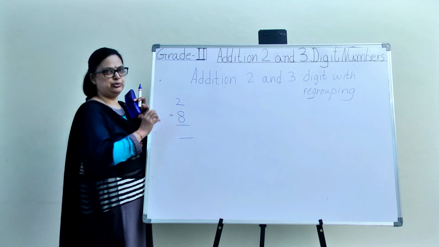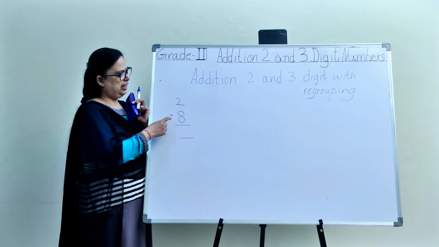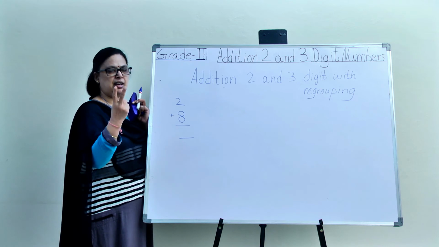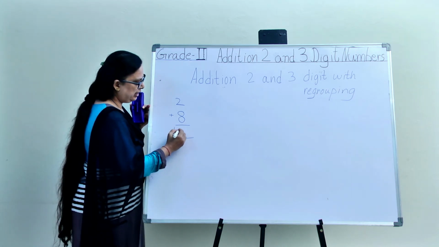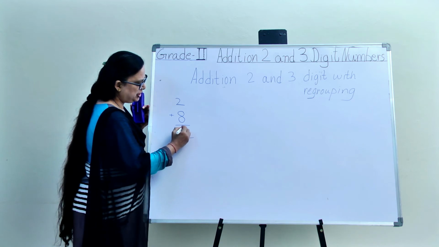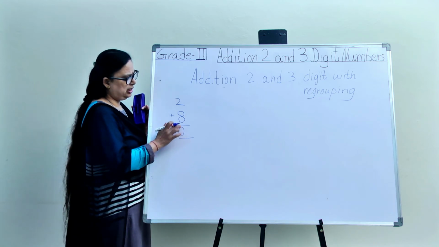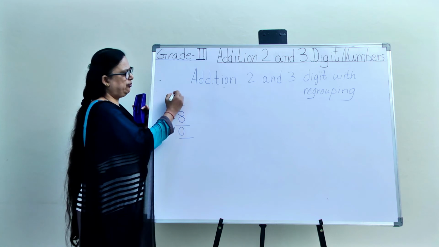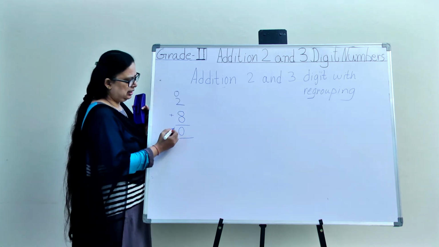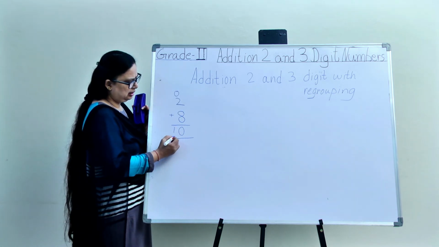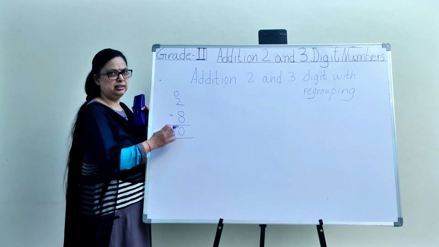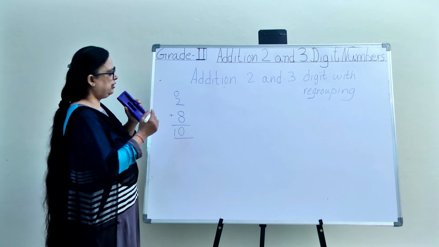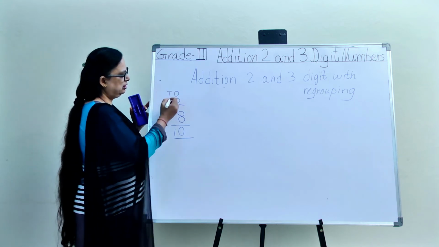So 8 plus 2. Right? So 8 in your mind, 2 on your fingers. After 8, 9 and 10. So when we are writing 10 here, make sure you are writing 0 under the ones column. Okay? And then 1, you will be writing it to the side like this. Right? So let us take one more.